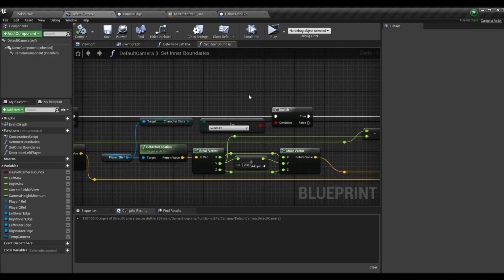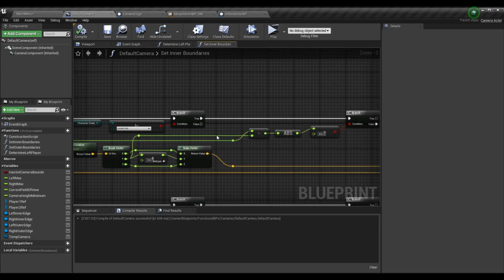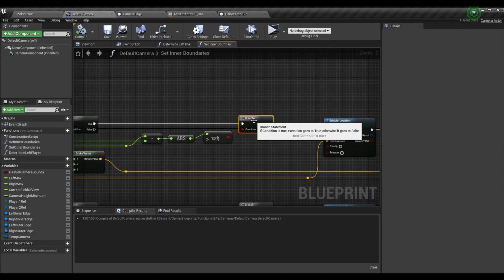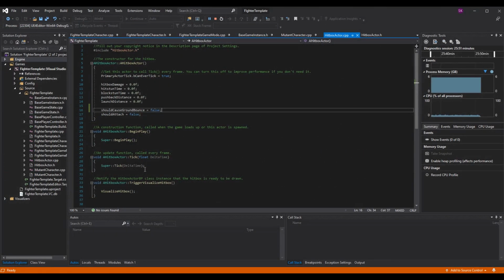Okay, like I said, I've done the same thing for player 2. And only if this is true that it's not launched, then we're going here into another branch. This branch is basically going to check that the distance between these camera edges is at its max value or less. Okay, so the reason for this is because we were using encode on the characters when they were moving